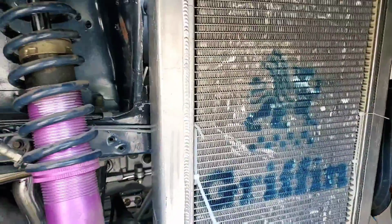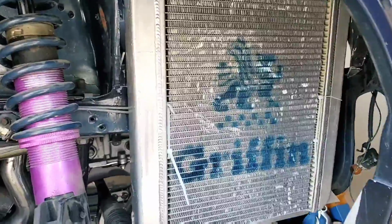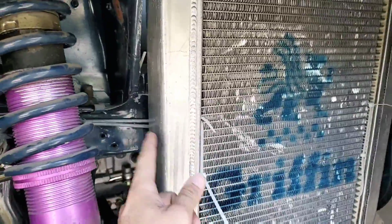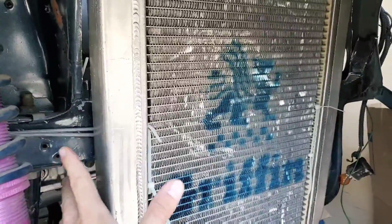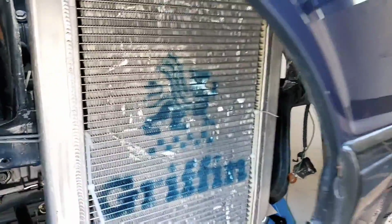Okay, so the first thing I'm going to say is that this is not the permanent spot. We actually need to move the radiator up a little bit, and that's why I used these zip ties, just in case the positioning wasn't right. After I found the right cap for it,